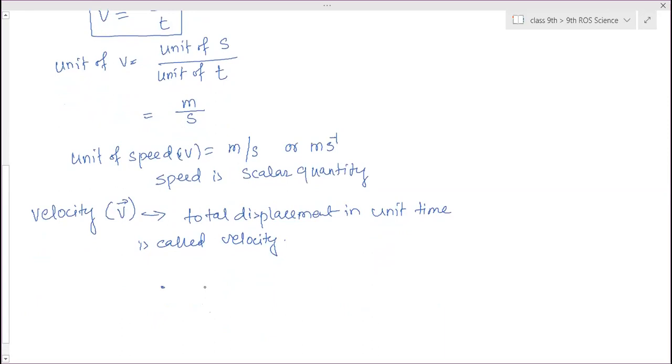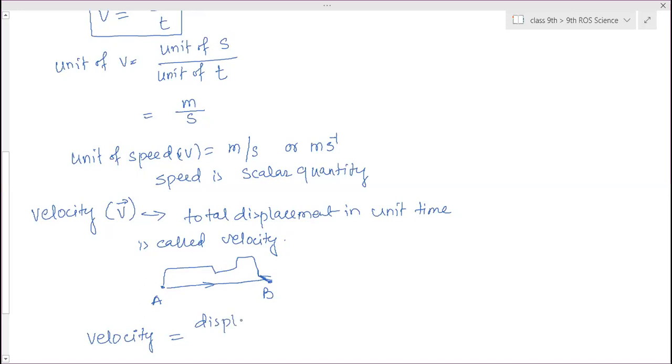So from A to B moving, though the object has taken a different path to cover A to B, the distance covered will change in this case, but the displacement is A to B, a straight line distance. This straight line distance is a displacement. So to move from this to this, how much time is needed? That displacement divided by time is considered as velocity.